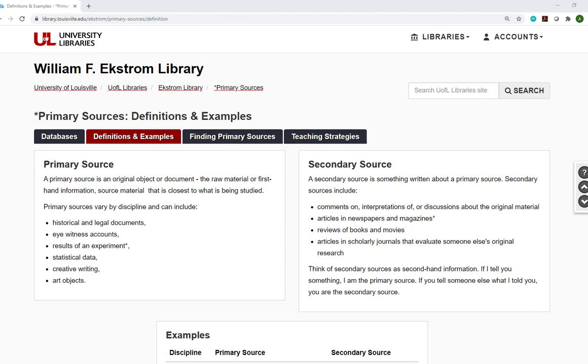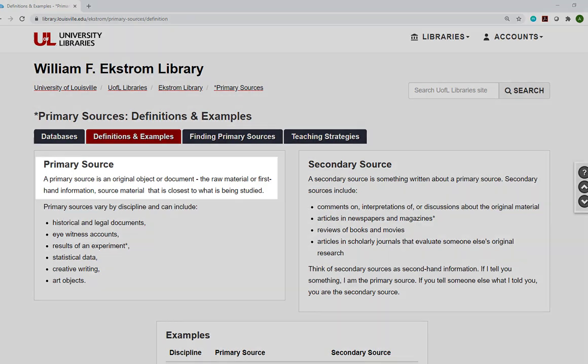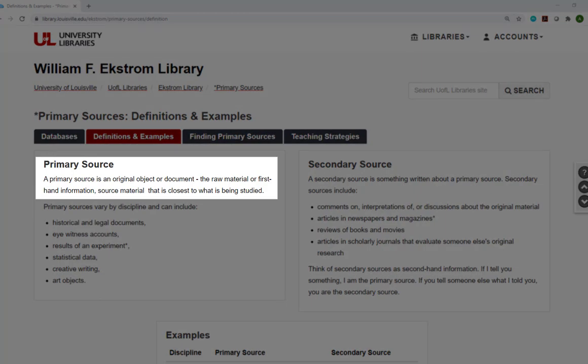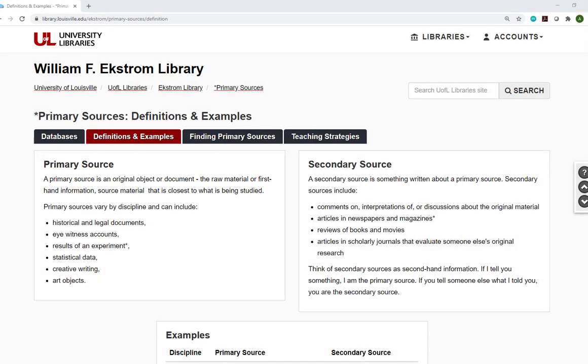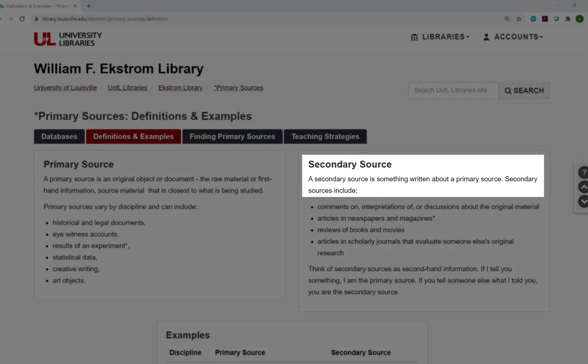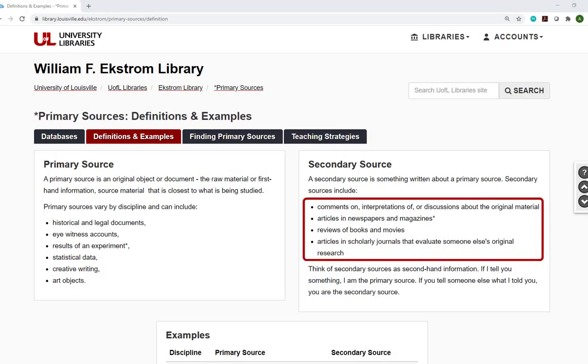The first thing we need to think about is, what is a primary source? This page provides a comparison of primary and secondary sources. You can see that a primary source is an original object or document, first-hand information or source material that is closest to what's being studied. For example, primary sources might include historical documents, eyewitness accounts, or statistical data. In contrast, secondary sources are something written about a primary source, like a newspaper or a magazine article or book